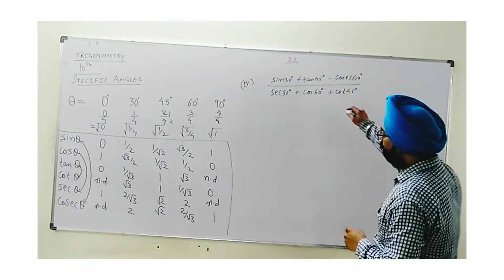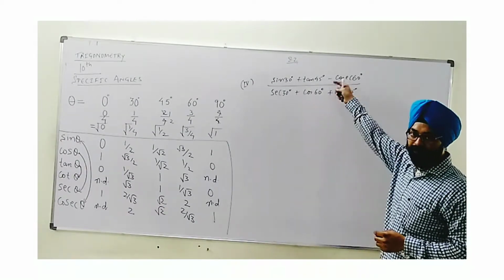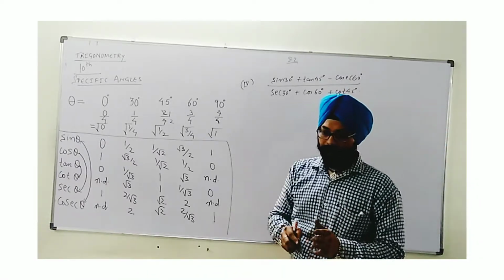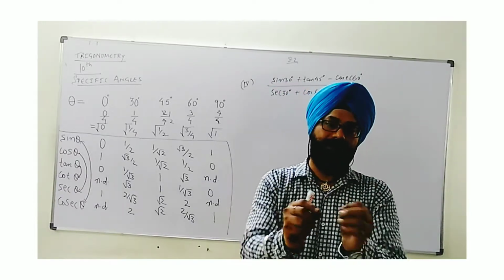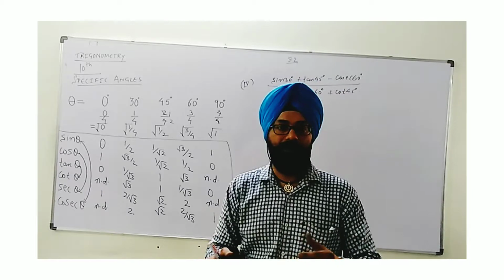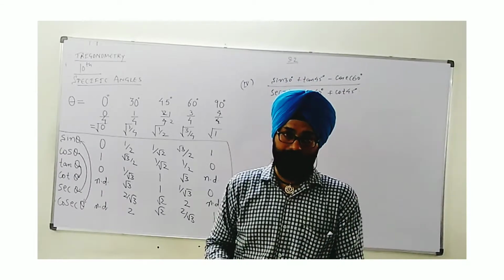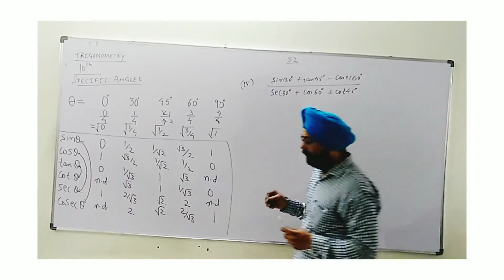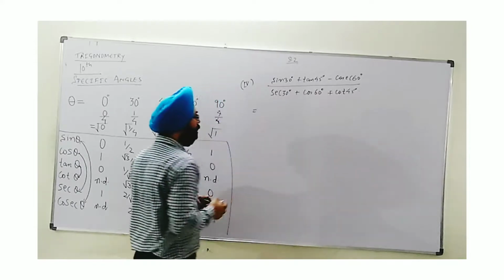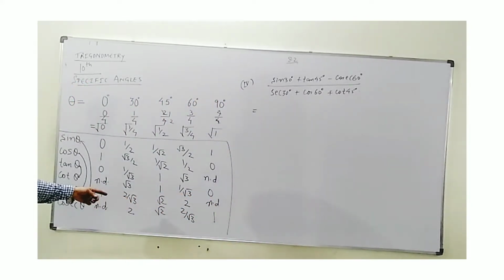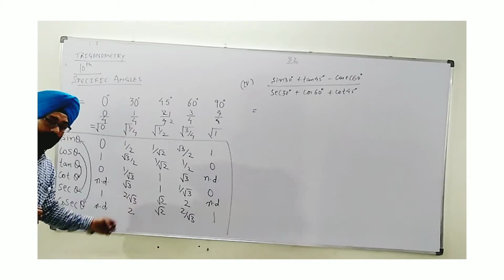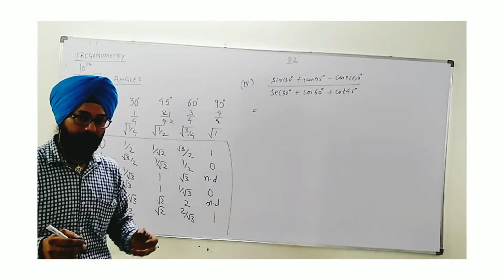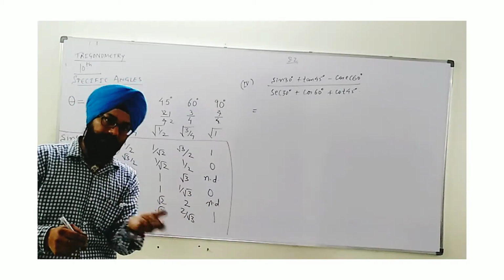In this question, you see, question number 1 part 4, it's in the P by Q form. So what to do? Values will be taken here, but one thing, we have to simplify the expression till the step we can do. If it is not a single number like 1, 2, etc., then we have to leave it as it is. We will see through this example if we get such a pattern. Because we can see we are having some irrational numbers included, root 2, 2 by root 3. So maybe your answer will not come in the form of a rational number. So that has to remain in irrational form only.